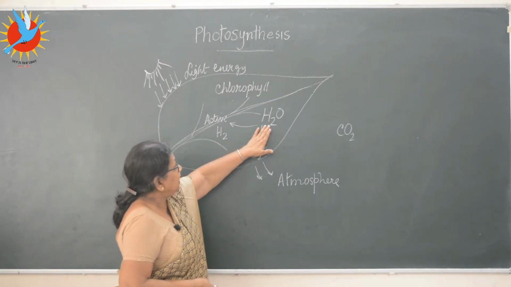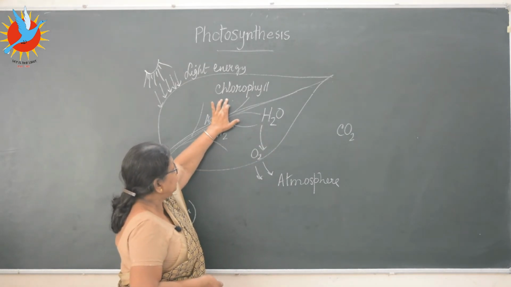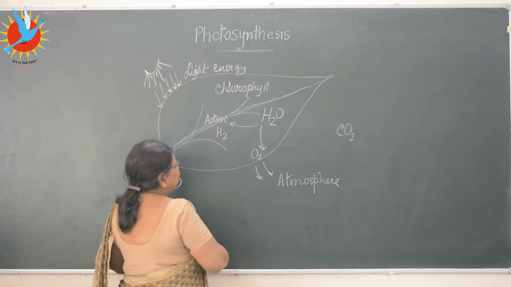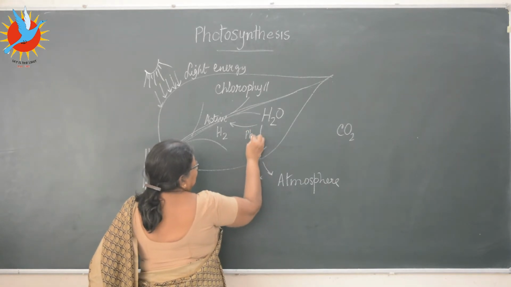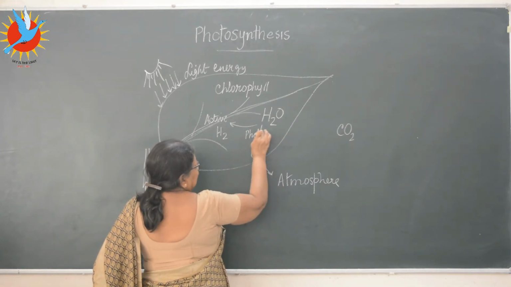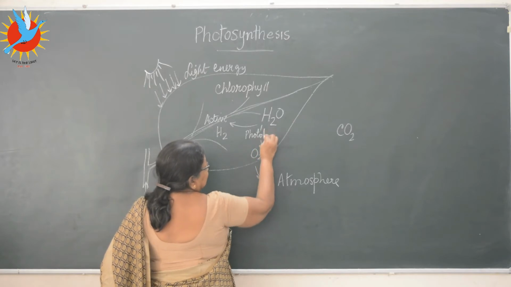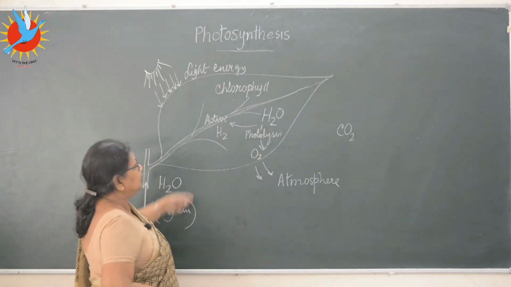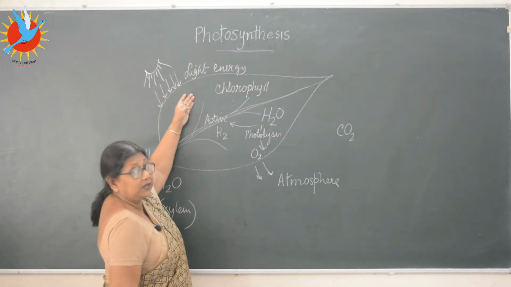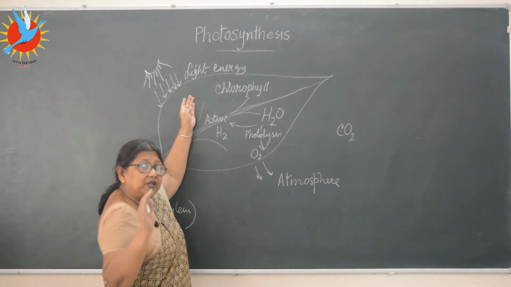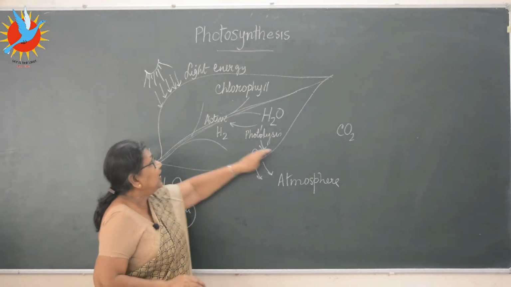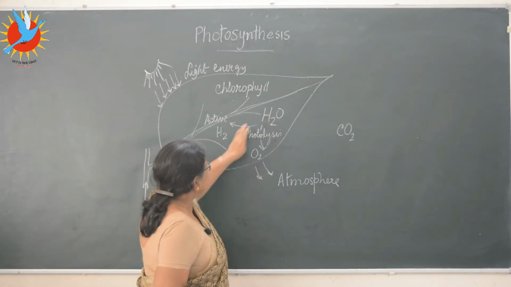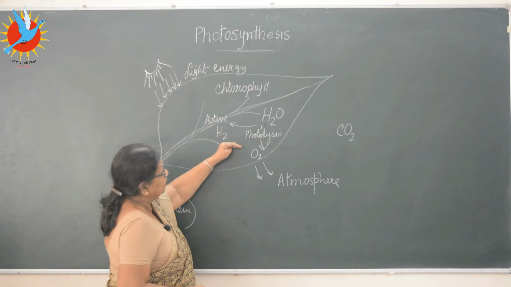Third step. By the one process, that energy which is made is splitting the water into hydrogen and oxygen. This process here, what is this called? Photolysis. I'll give it to you in the theory part. Photolysis. Again, photo means with the help of the energy which has been absorbed from the light, but now has been converted into chemical energy. And this is to break up, to synthesize. So water has been split into hydrogen and oxygen.